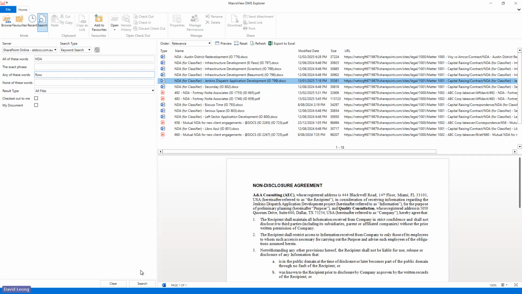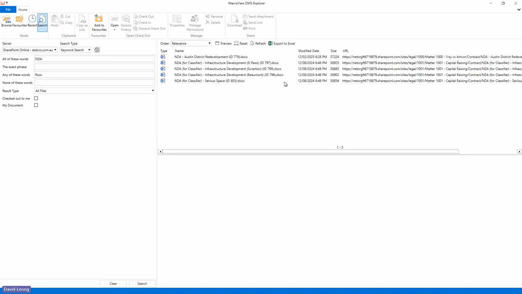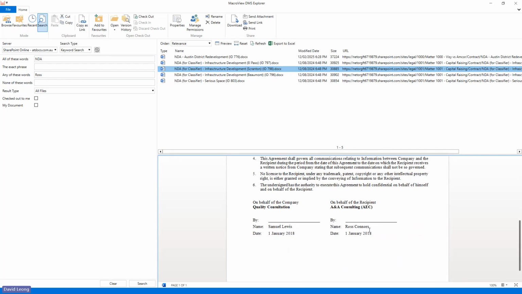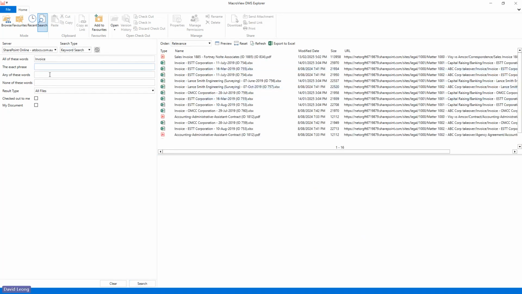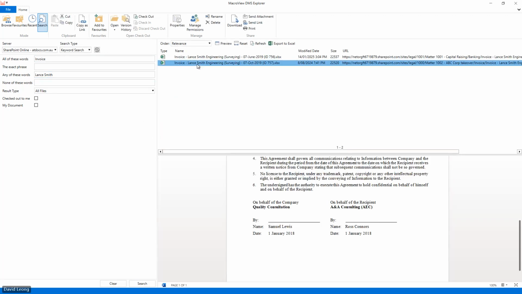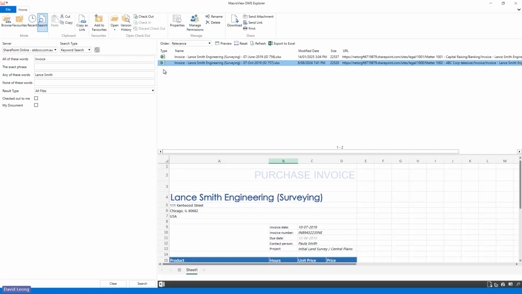I might just put Ross in there, and it will drill down further and find the non-disclosure documents to Ross. Invoices to Lance Smith. Lance Smith. So like I said, it gives you the best of both worlds.